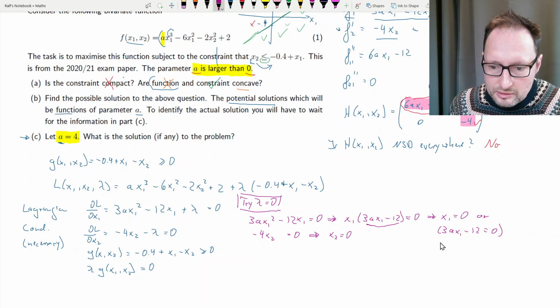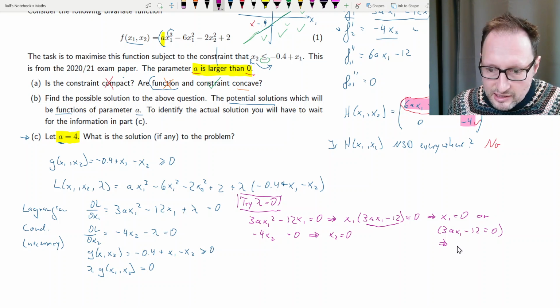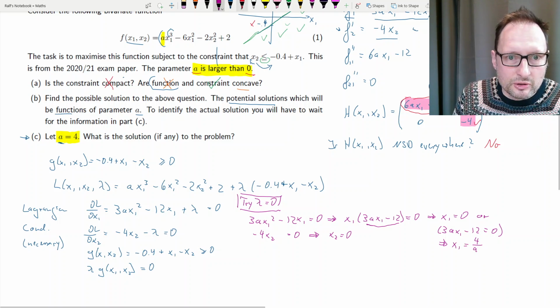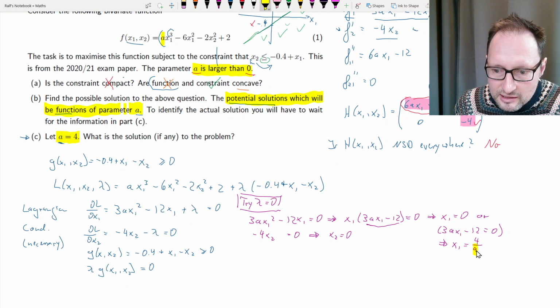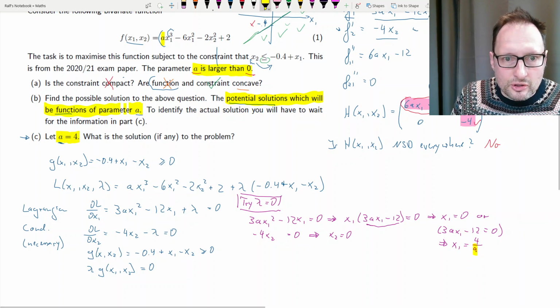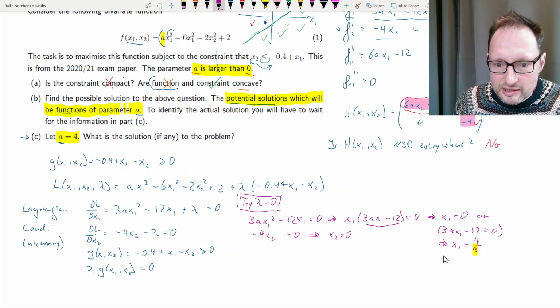And from here you can learn that we can solve that for x1, and what you get here is that x1 is equal to 4 over a. So as we said, because we are having this coefficient a in our function, the potential solutions will be functions of a, and so here we have that a in the solution. So basically what we've established here is that there will be 2 points, and let's call them point A,